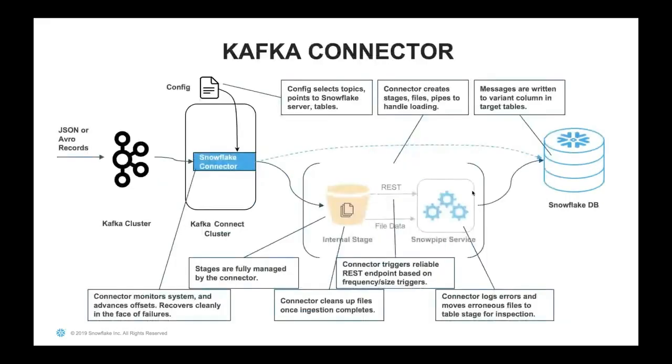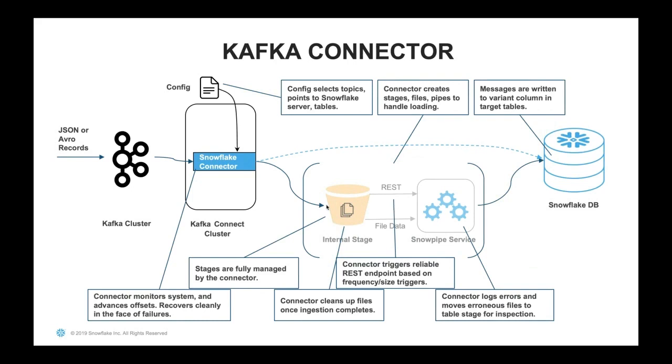With the Kafka connector, what we're doing is we are basically providing a jar file that you can store in the Kafka Connect cluster. This is part of your Kafka installation, I would say. And this Snowflake connector basically will hold information such as your Snowflake account configuration. You will define what topics you would like to select and what would be the destination tables that this will be written to. And what the Kafka connector does underneath the covers is actually use Snowflake internal stages and Snowpipe as a service and use REST API commands to orchestrate that entire data ingestion